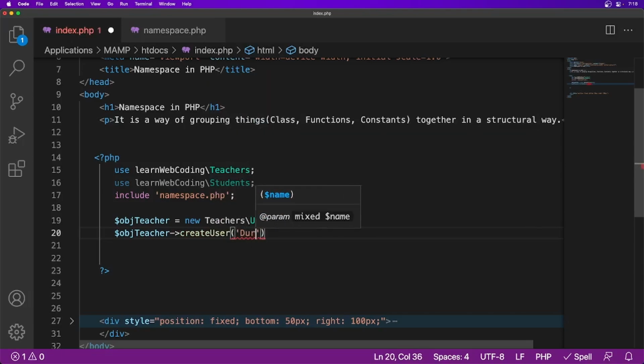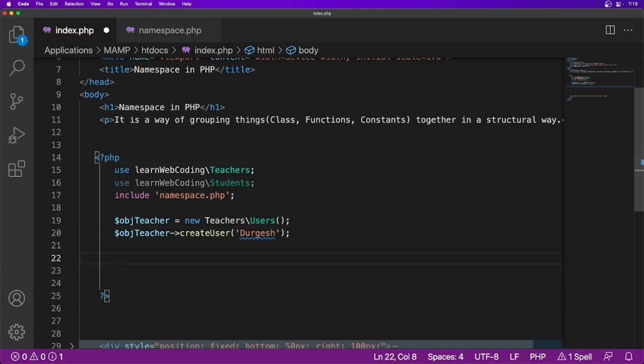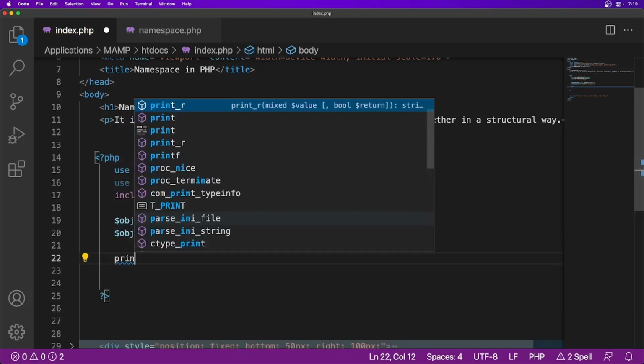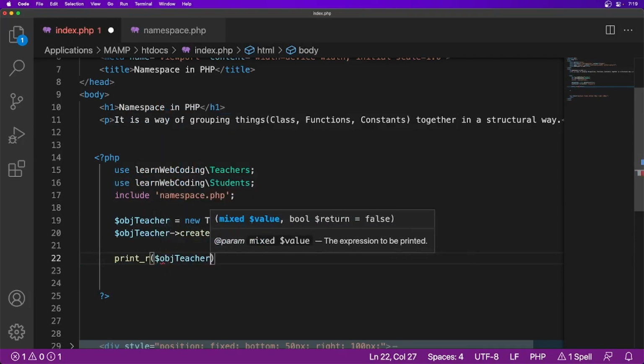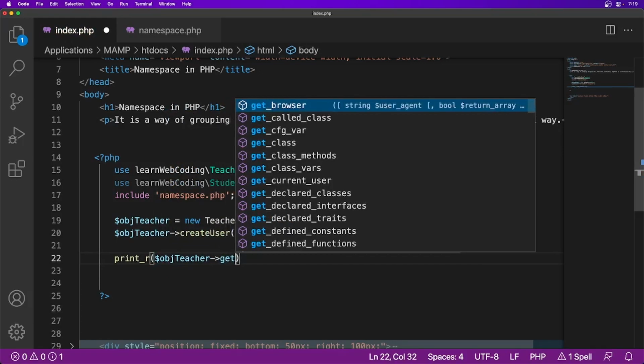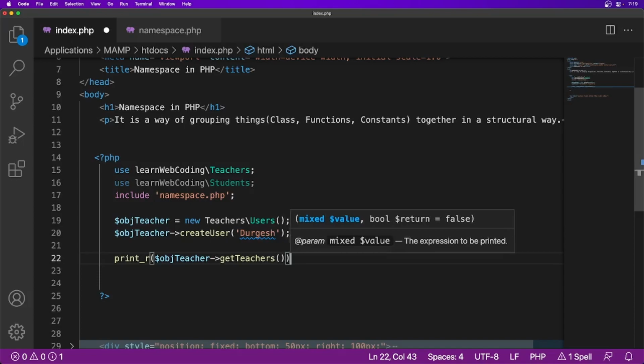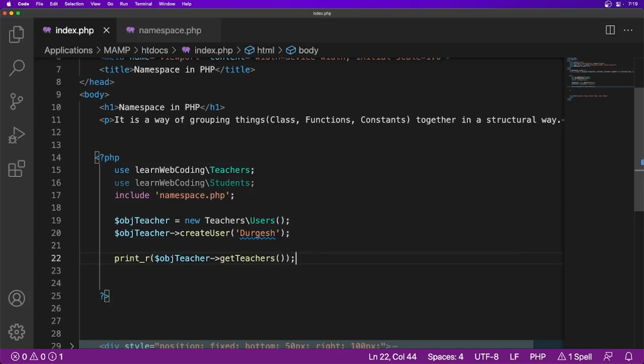In this case I'm just going to pass my name, and then there is another method. I'm just going to use print r, and the method name is object of teacher get teachers, right? Save this file.